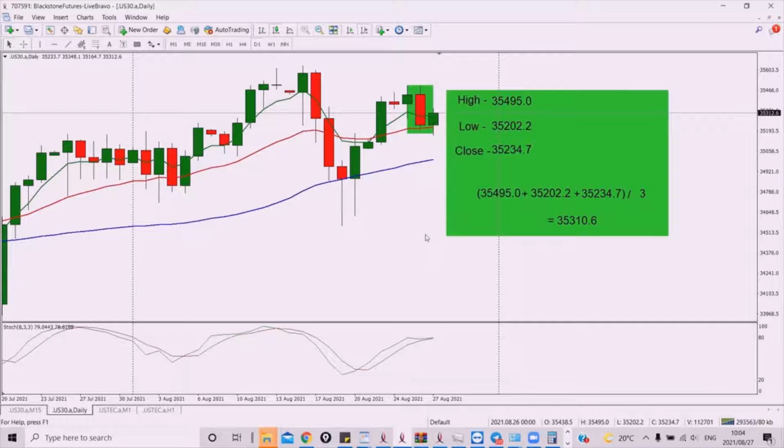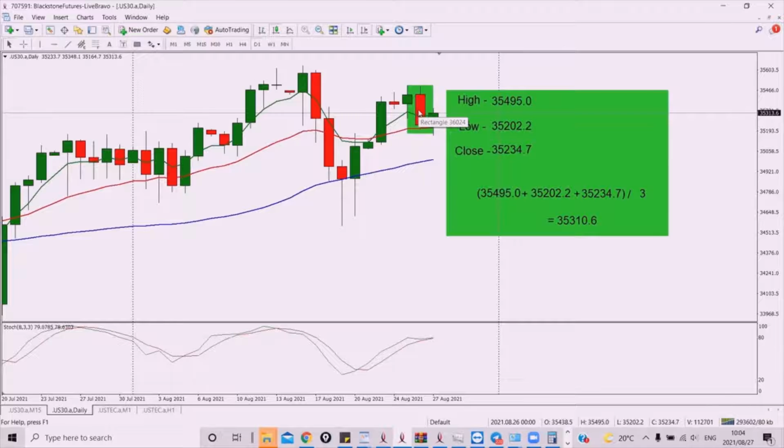Over here we have a US30 daily chart. In order to get the main pivot point, we need the previous day's data. This is the candle we are trading in today. The candle to your left is the candle from yesterday. If we look at the bottom right corner, there will be values popping up as soon as you hover over a certain candle. We need the high, which is represented as an H,